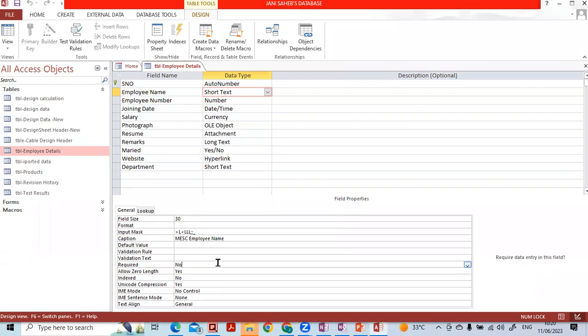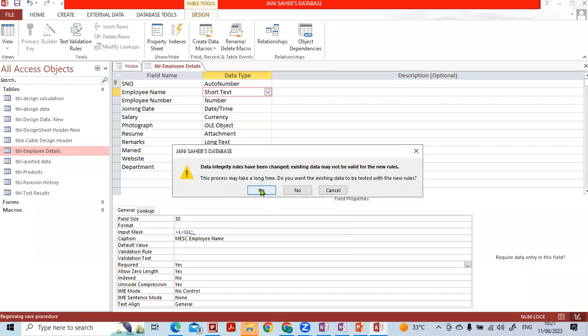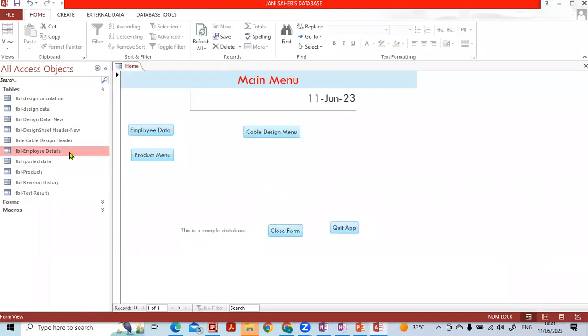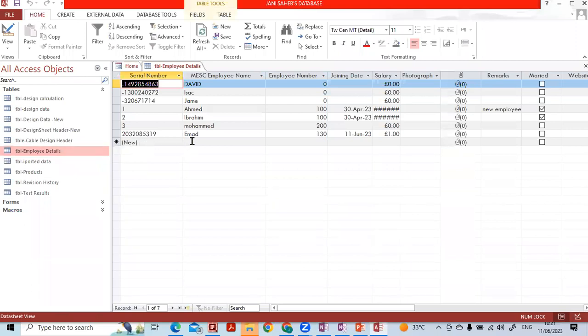Say now required. Now let us take which field, say the employee name. Okay. So you say yes. If you say yes, what will happen? So just go back, close this one. It is saying your data integrity rules have been changed because you are changing the existing field. So say yes. Now go back to the table and say I will not enter the name of the